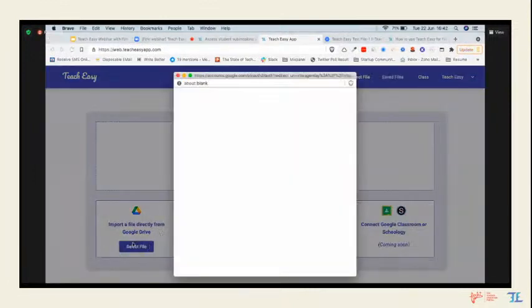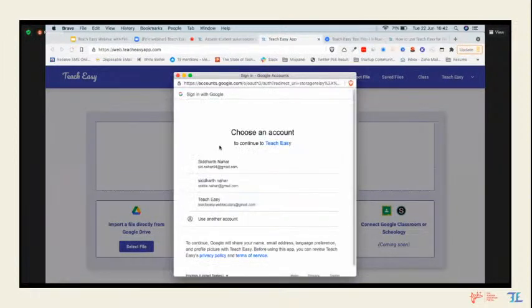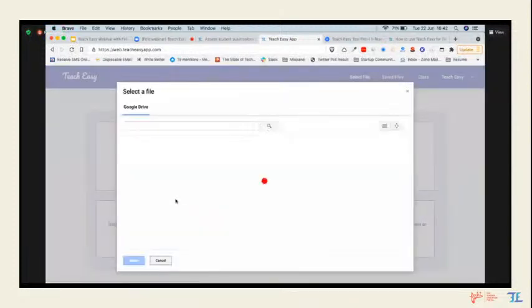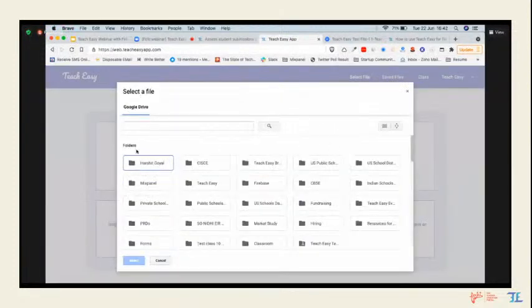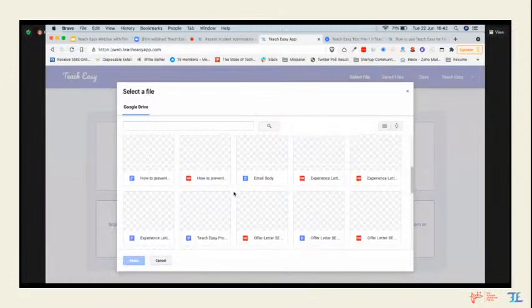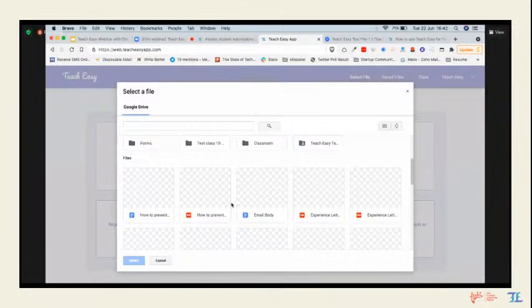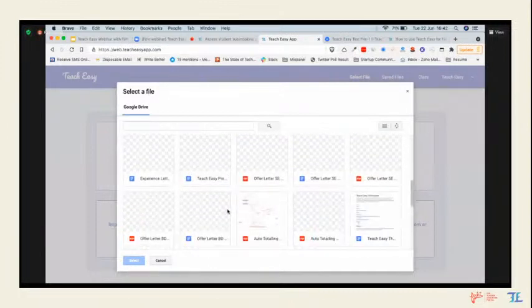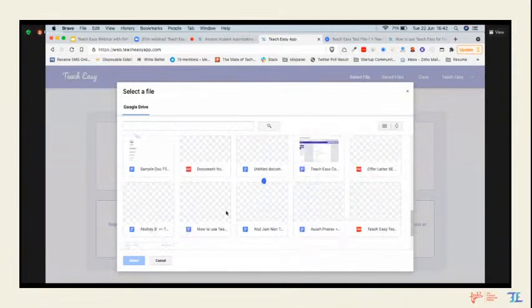So when I want to choose Google Drive, it will ask which Google Drive you want to select, right? So I will select my account where all the students are submitting those files. And what will happen is we will show you all the files that are in your Google Drive, right. Again, none of the files is read by Ttz. Any file that is on your Google Drive belongs to you. We only show it for you to easily select it and get started, right?